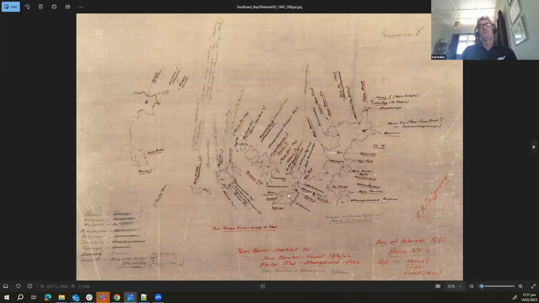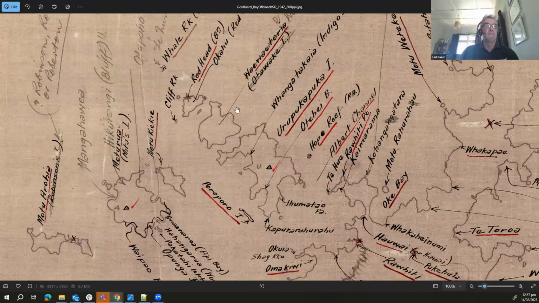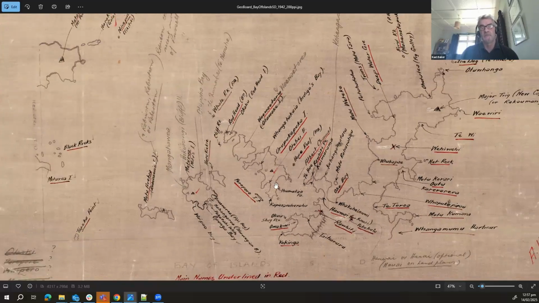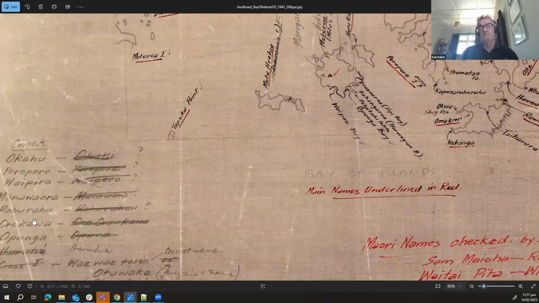So this is an old map from 1942, which is actually a plan. When we used to capture maps, we've been doing maps since the 1930s in this series, we used to do field checking. And so this is a plan that's actually been drawn up, Urapukapuka Islands in the Bay of Islands, where it was sketched up where the islands were, the place names were put on it. There were questions around which spelling we should be using. It was checked by certain people, which we record here, and then there are penciled notes that have been added.